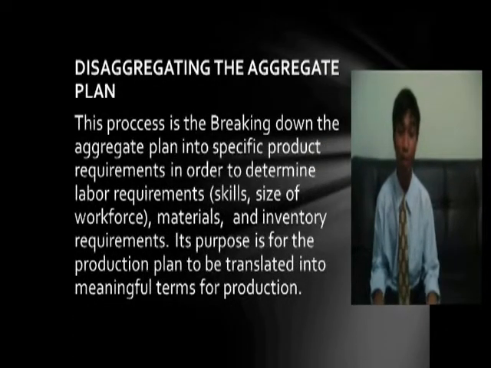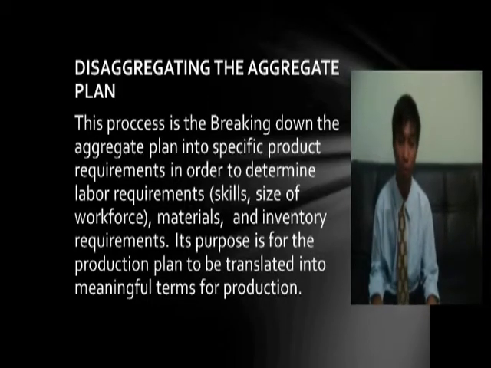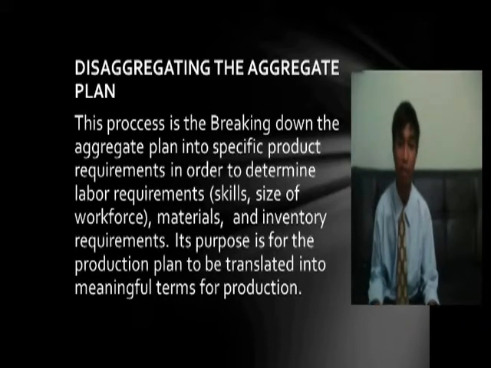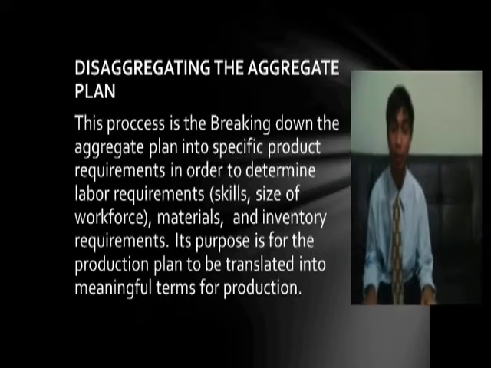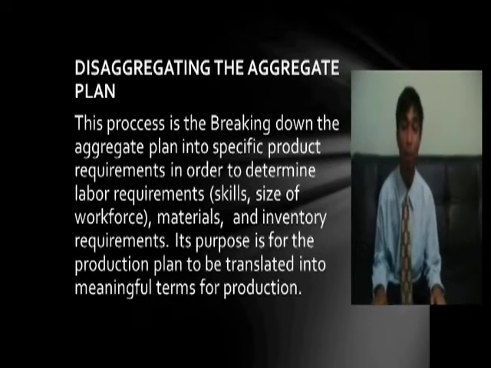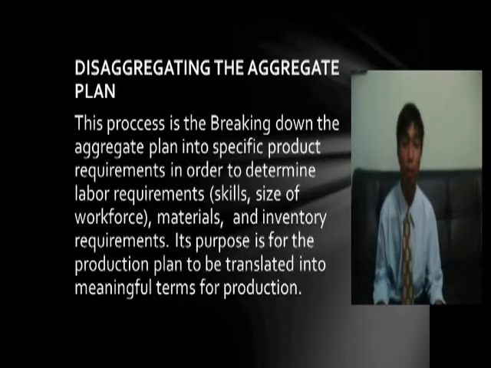After the aggregate planning technique, the second step for the aggregate planning process is disaggregating the aggregate plan. This process is breaking down the aggregate plan into specific product requirements in order to determine labor requirements,